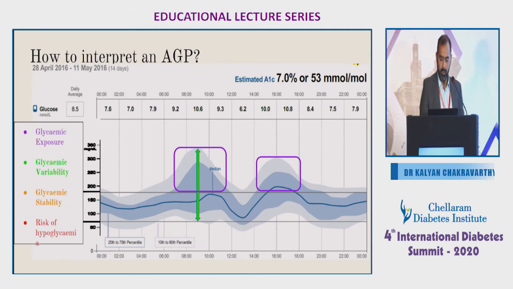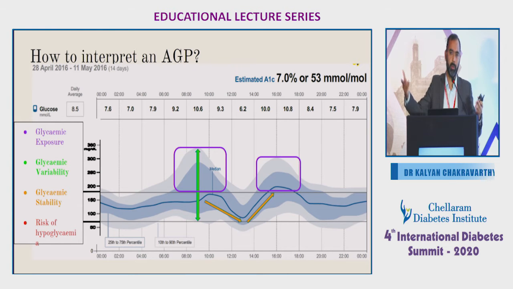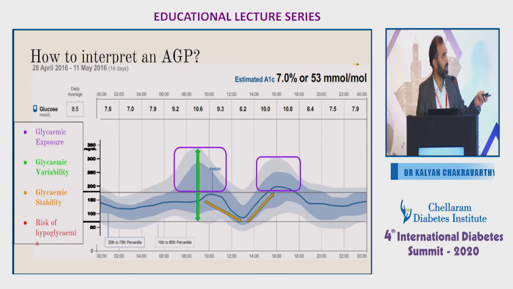Then the stability. Now what's the stability? Let's say a patient's glucose at 10 o'clock is around 180. It is dropping to around 80 by lunchtime. This is a common phenomenon that we see for a lot of our patients, where they have a higher postprandial glucose, and then it drops below by lunch. So this particular patient has a negatively unstable curve at this point, and a positively unstable curve, that means sugars going up after a meal. So this is the stability. That means how the sugars are varying through the day.